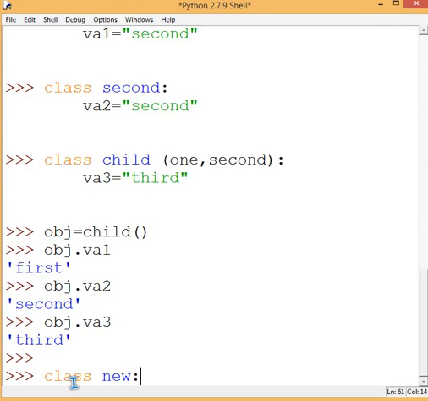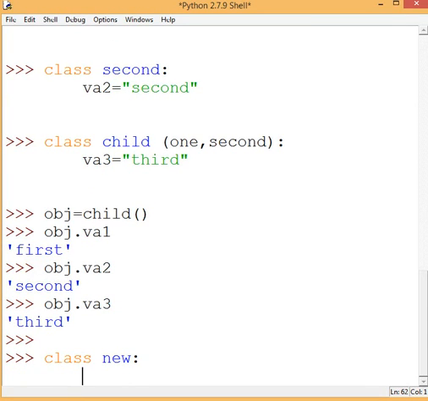How do we make a constructor in Python? By defining def, then two underscores, init, again followed by two underscores, and in the brackets you write self, and at the end a colon.